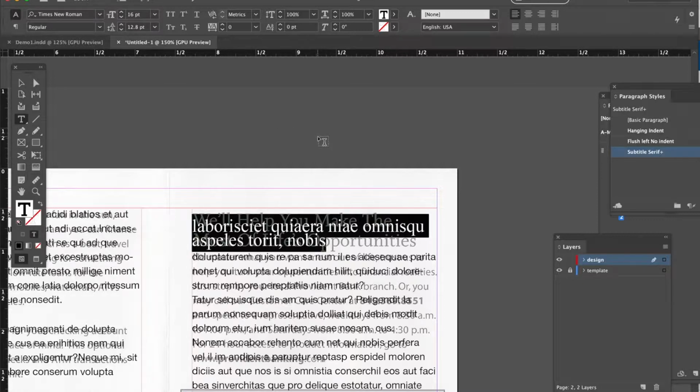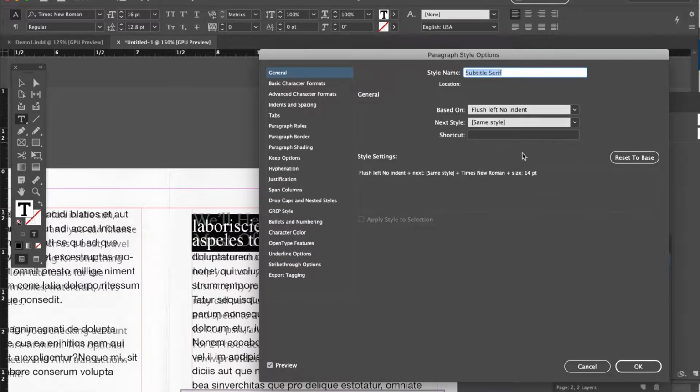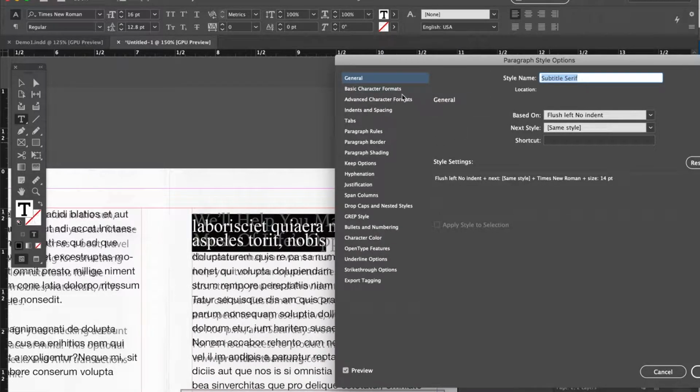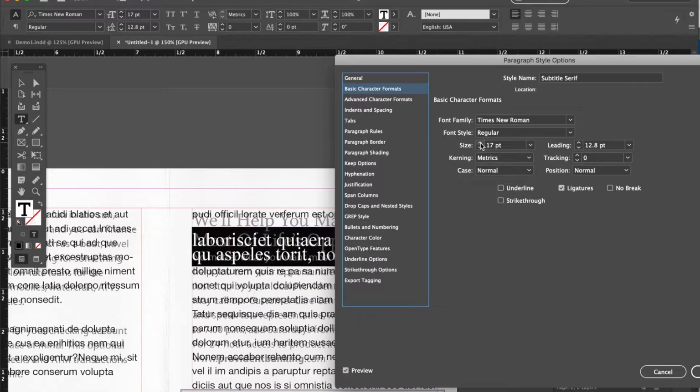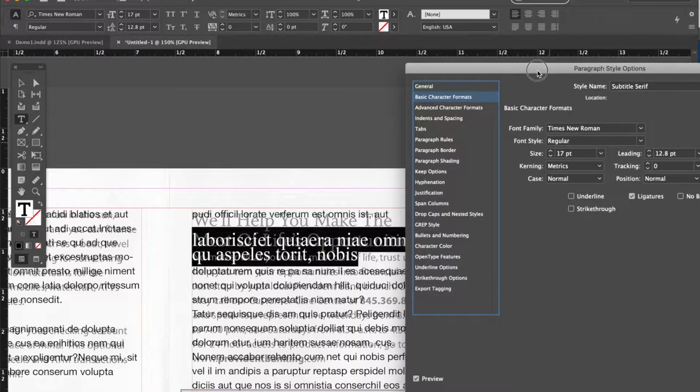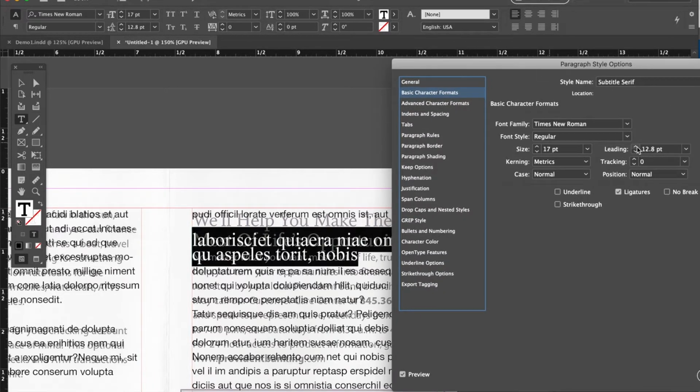Now, what we could do, to show you what you can do with the styles, is go to the style attributes here. Let me go to the basic character formats, and right here let me change it to 17 points, and I'm doing it in the style dialog box. Now the spacing, the indents and spacing. Over here you see the leading. So let's do it using the style, and this means